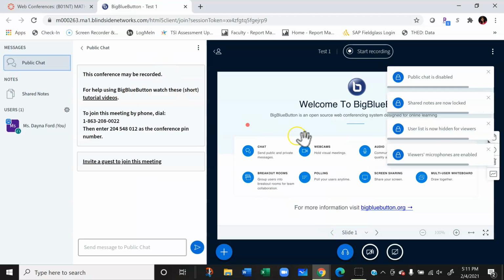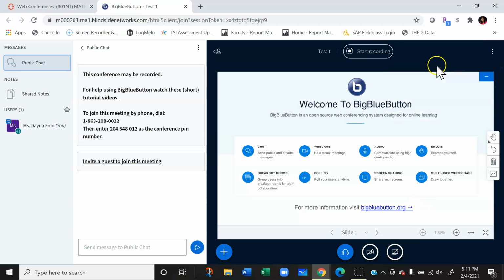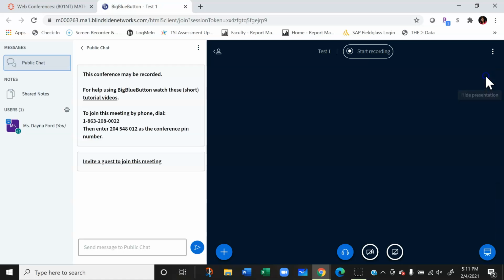I would hit apply. And normally whenever I'm in here with the students, again, I hide the presentation so that I can see their pictures better. Now, once all the students are in here and I've checked their ID, checked their surroundings, checked their scratch paper, calculators, things of that nature, and we've started the recording and they have started their exams and I have muted myself back, what I would recommend is